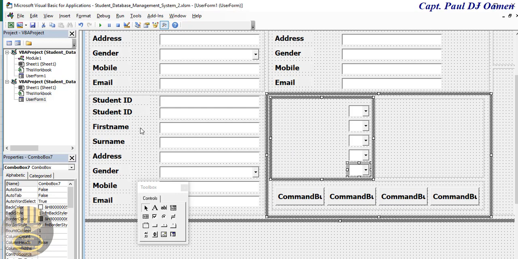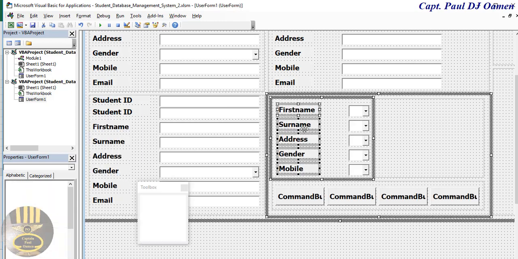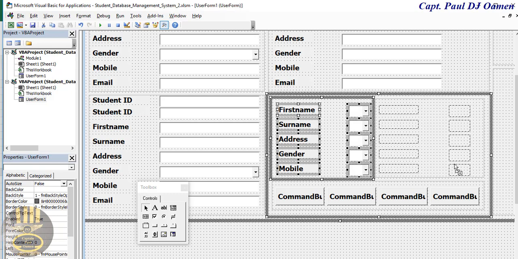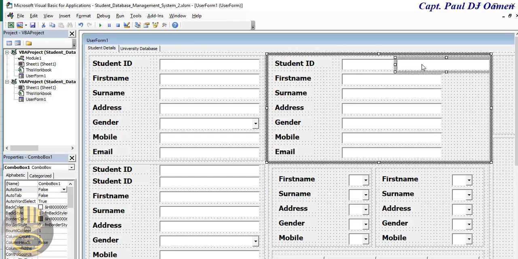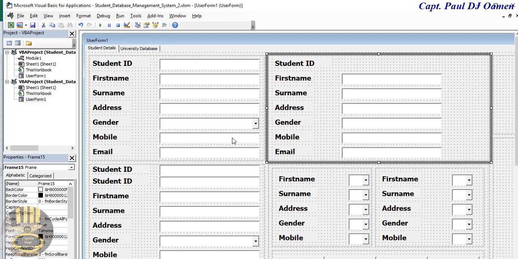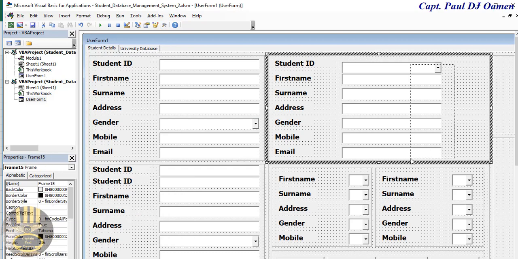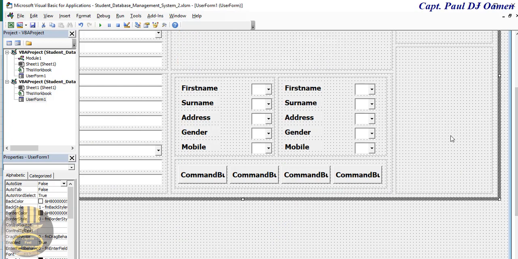And we need 5 there. Okay, we need the same thing here, right there. Looking good so far. Delete this, get rid of that. I need a combo there. Okay, let's drag it that much. Okay, looking good, guys. Now the next thing we want to do is I'm going to need